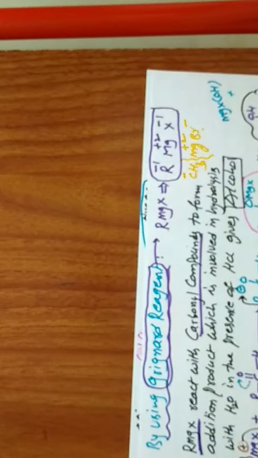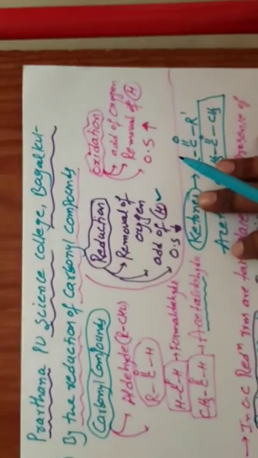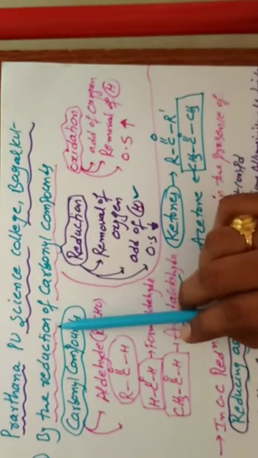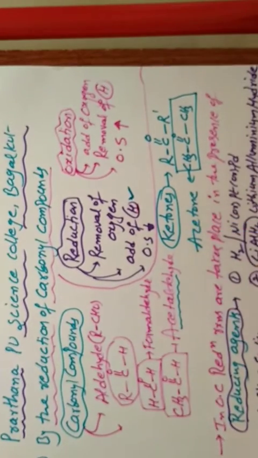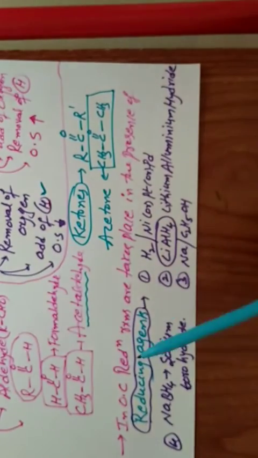So firstly, we took the reduction reaction. What is the basic information about the reduction reaction? This is the basic information. Reduction of carbonyl compounds, aldehydes and ketones. Okay, so here, what types of reducing agents? Four types of reducing agent: nickel, lithium aluminum hydride, sodium in ethyl alcohol, and NaBH4, sodium borohydride.